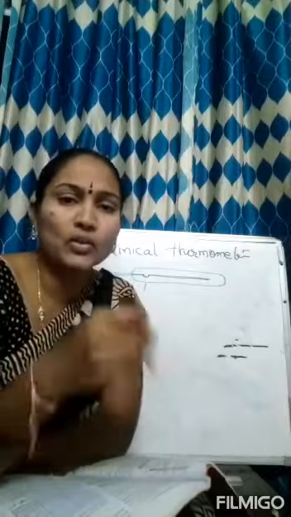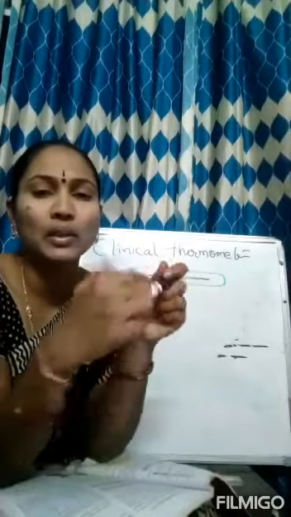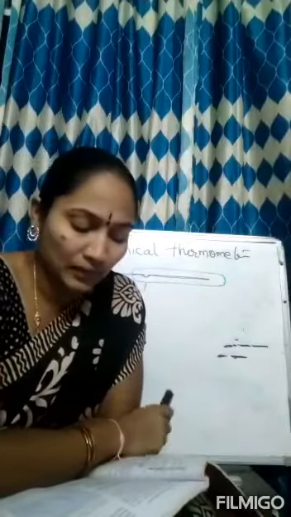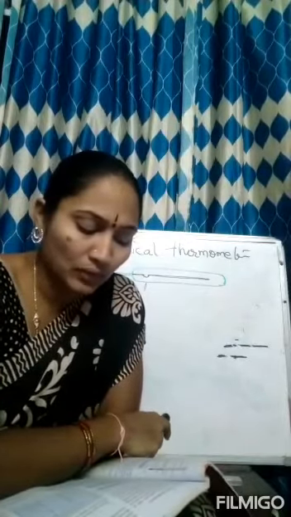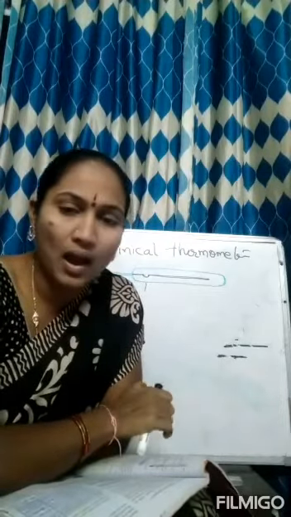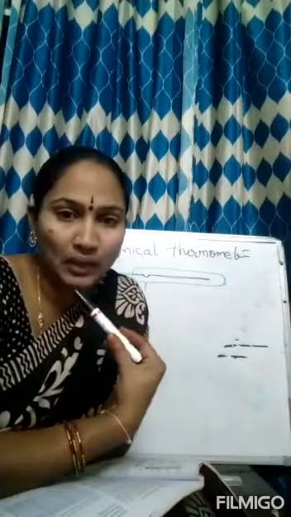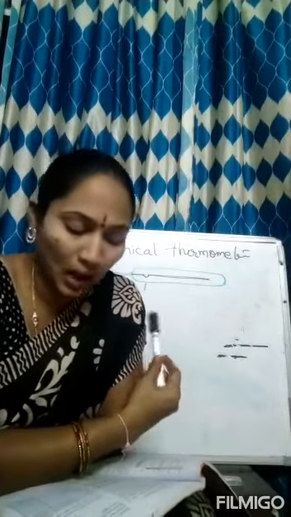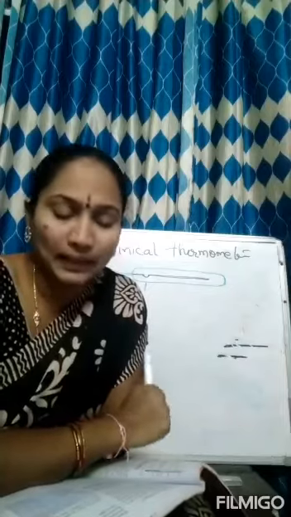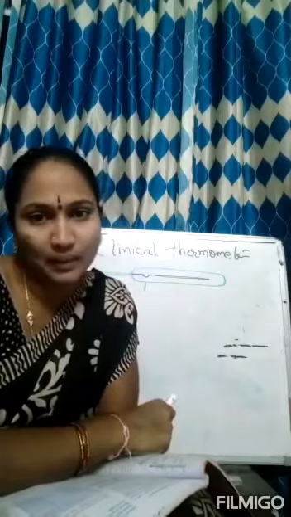So why should we jerk the thermometer? Because the mercury that is present in the thermometer will come to the 35 degree mark. Ensure that it falls below the 35 degree Celsius. Now place the thermometer under your tongue or the armpit. When you go to a hospital, the doctor will keep the thermometer under your tongue, otherwise under the arm. After 1 minute, take the thermometer out and note the reading. It tells your body temperature.